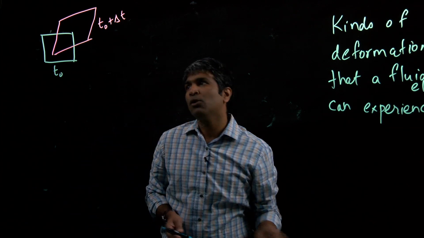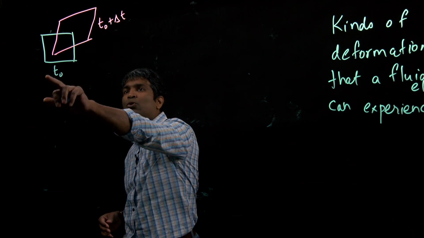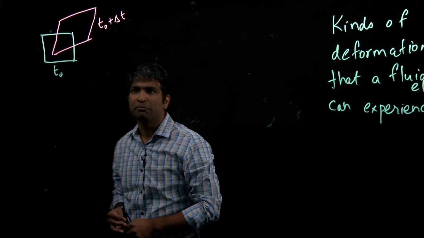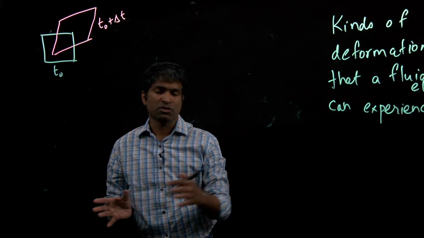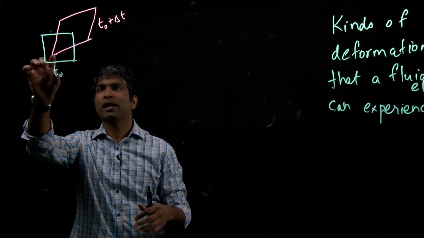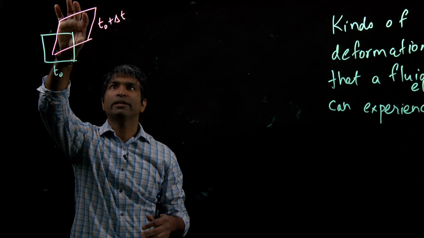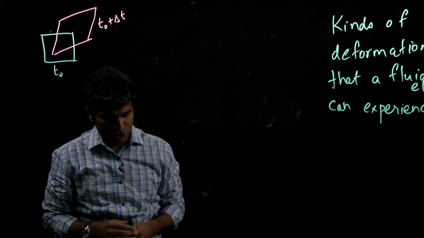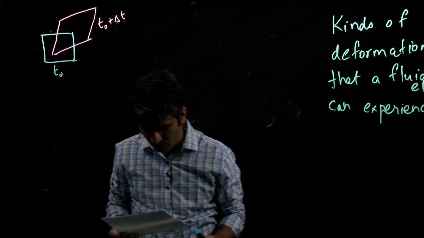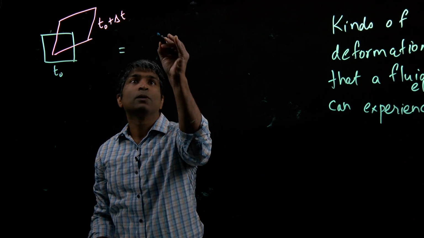And I'm going to break down all the possible deformations that could have occurred for it to go from this shape to that shape. And I'm going to express each of those as a kind of strain and sum those up so that my total deformation, my total strain, is equal to the difference of these two shapes. So we're going to say that's equal to,